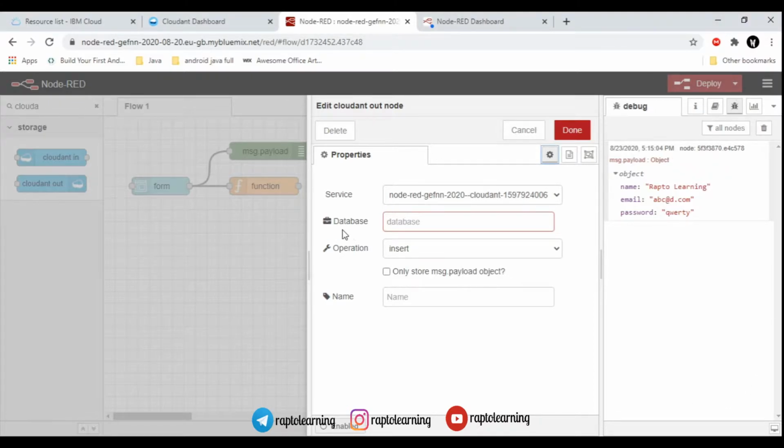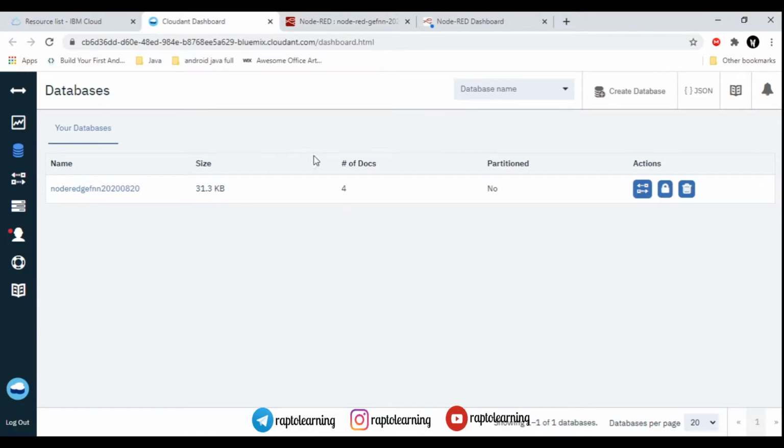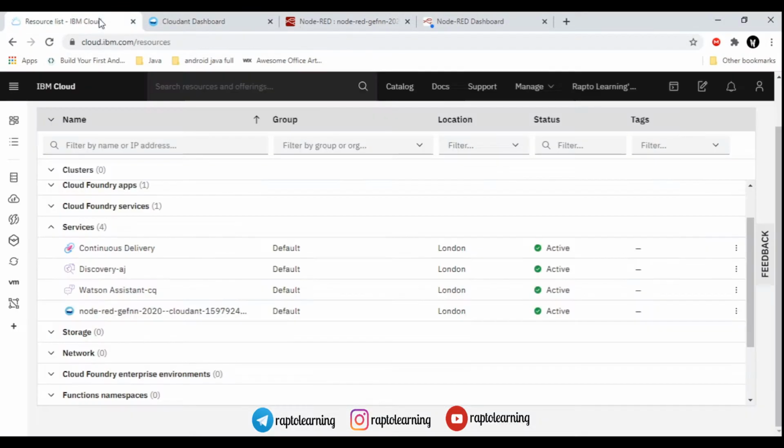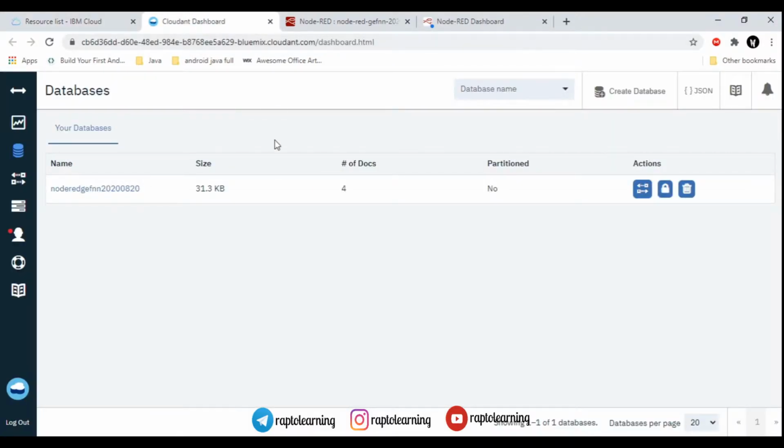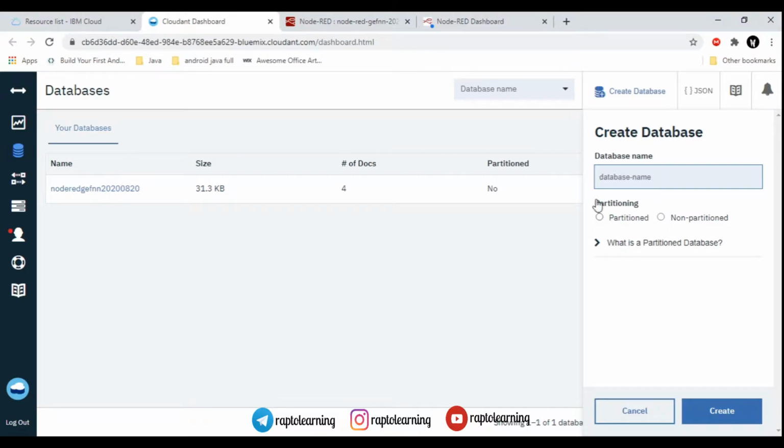So basically we are going to create one database whose name we will write here in Node-RED, and that data will go into the database. So here is the option to create a database. You just have to click on that option, and there is a database name you have to mention, right?